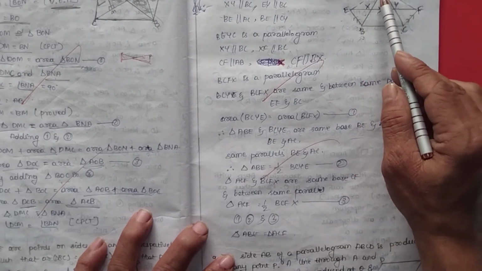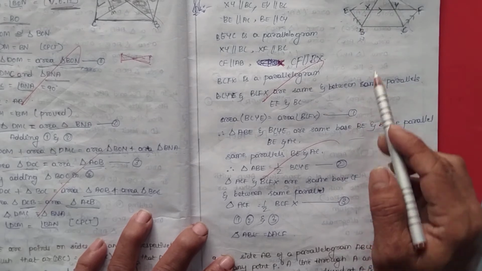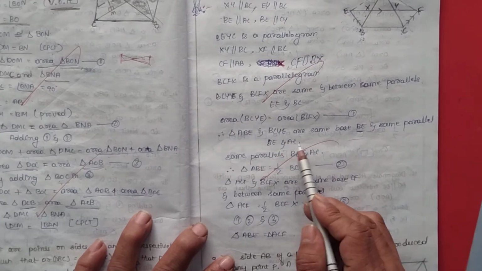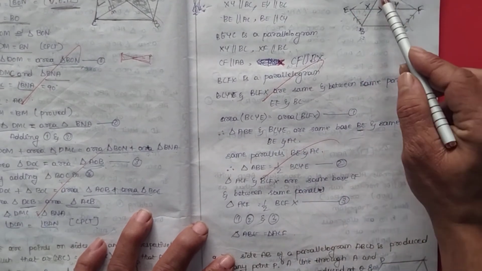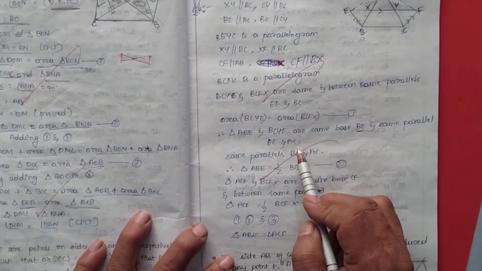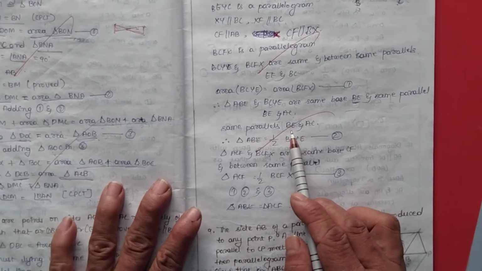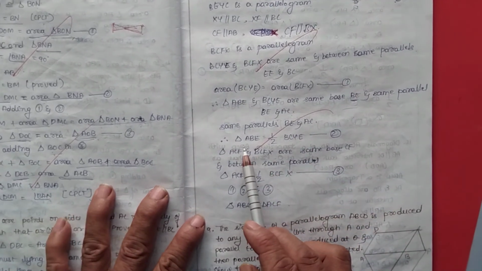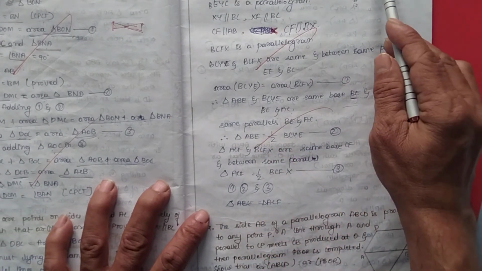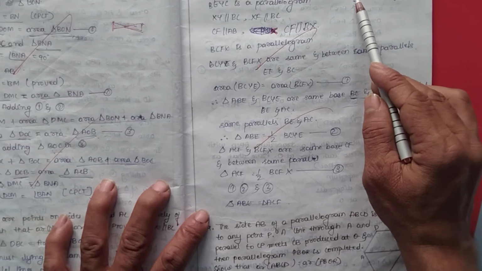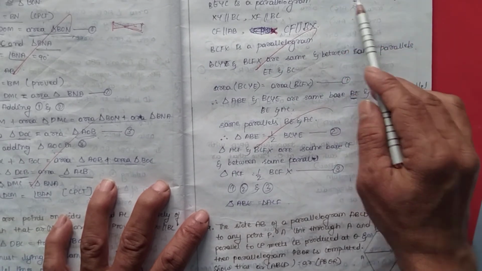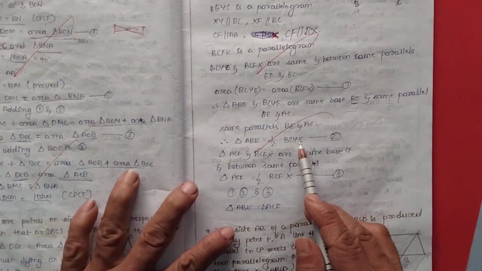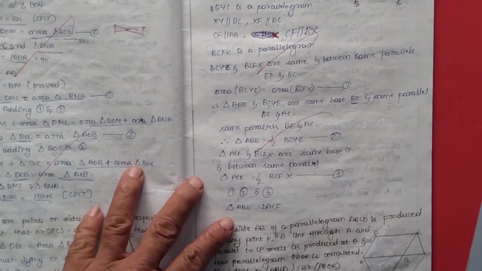What is the common in the parallelogram and triangle? That is BE, and the same parallels BE and AC. Understood? Now triangle ABE is half of BCYE. The triangle is half of that parallelogram BCYE. That is equation 2 we have taken here.